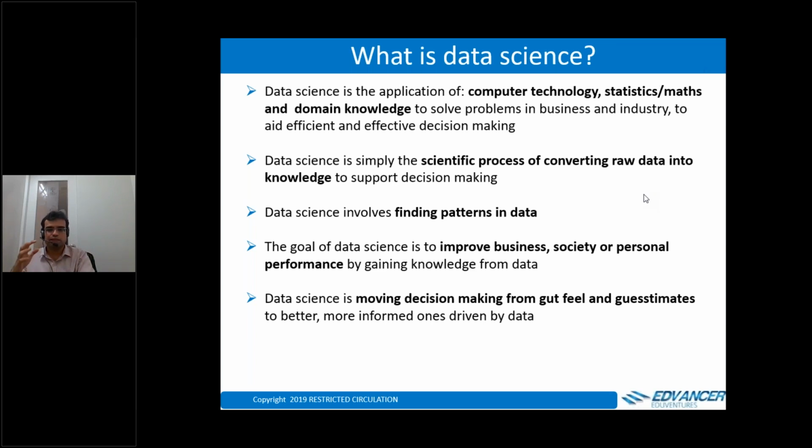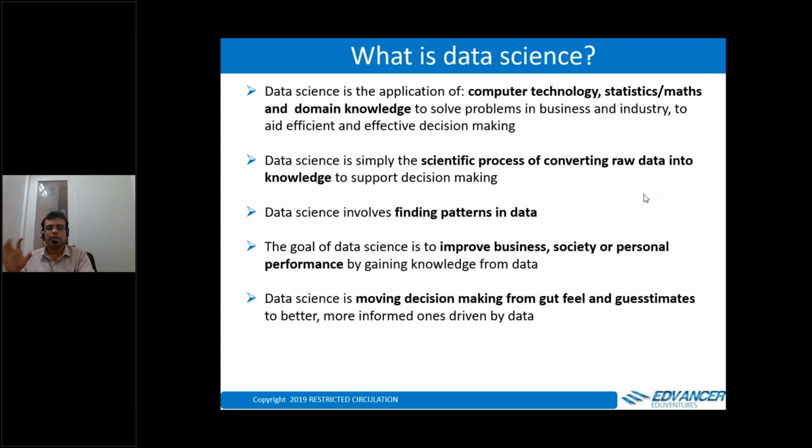And as a data scientist, you will be learning a lot of this technology, or let me say tools. So someone mentioned tools earlier in their understanding of data science. Yeah, but tools is just one part of it. The other part is